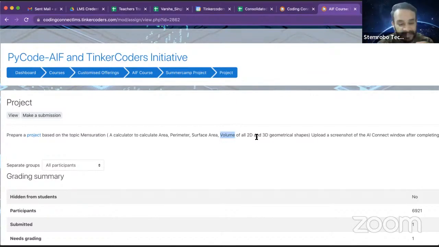For any of the shapes, your program should first of all ask you what you want to calculate. Do you want to calculate the area, perimeter, surface area or volume? The program will first ask which of the following you want to find out. Now, after you have entered the choice, let's suppose you entered that you want to find out the volume. Now the program will ask you